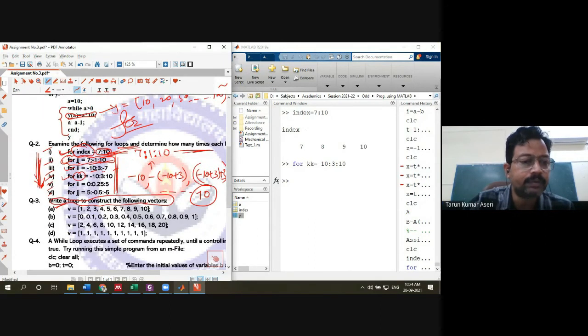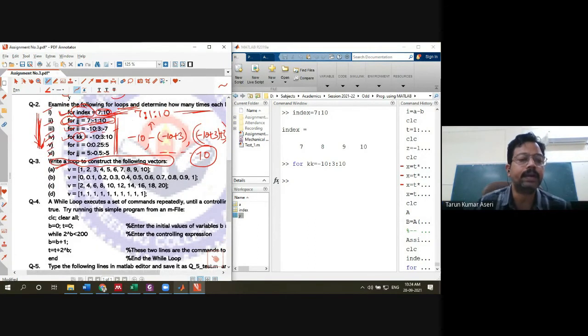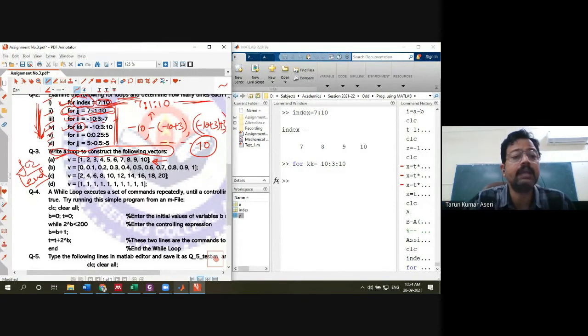Similarly, you should create a loop and a vector whose values are 1, 2, 3, 4, 5, 6, 7, 8, 9, and 10. In this case, you can use a while loop or a for loop. Similar to the while loop, the for loop also has an end. For more information, you can refer to the MATLAB help.